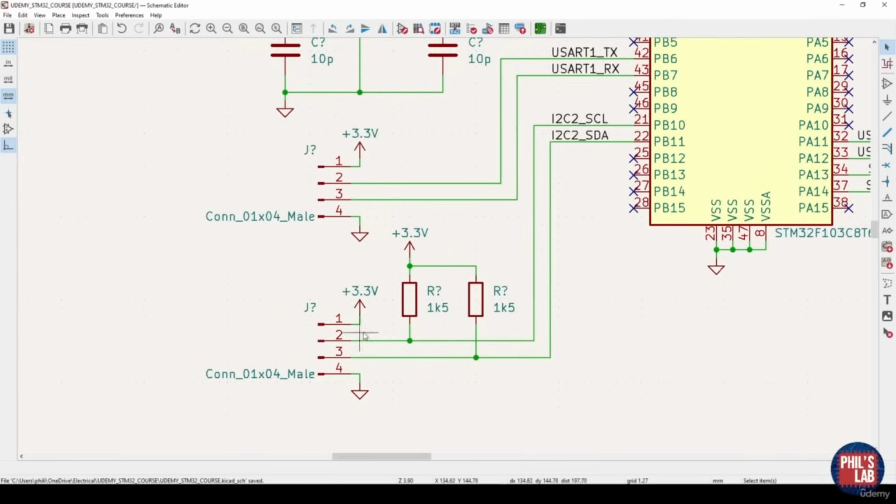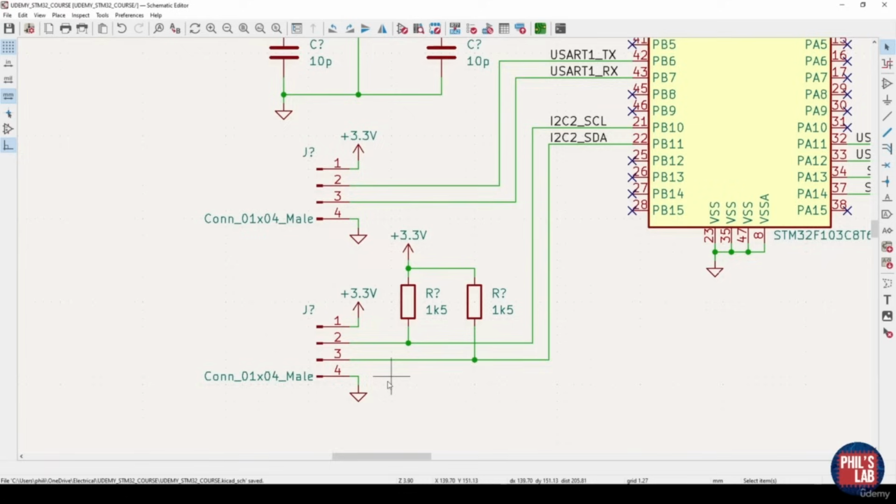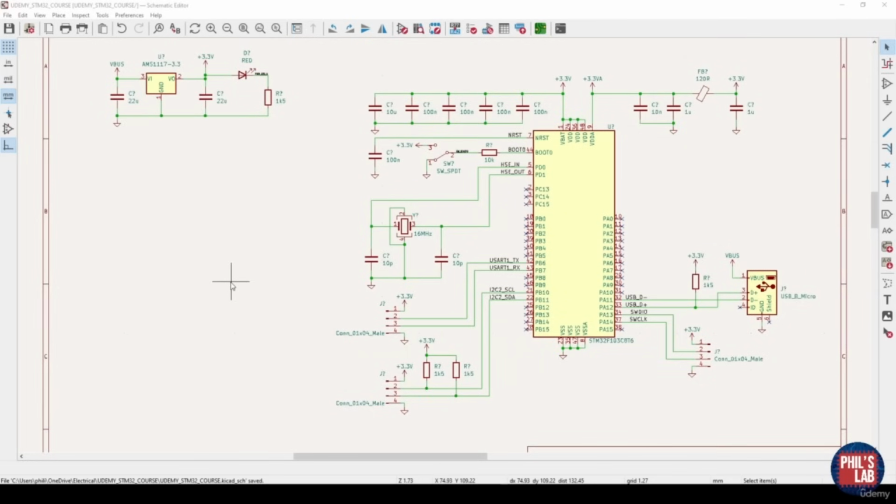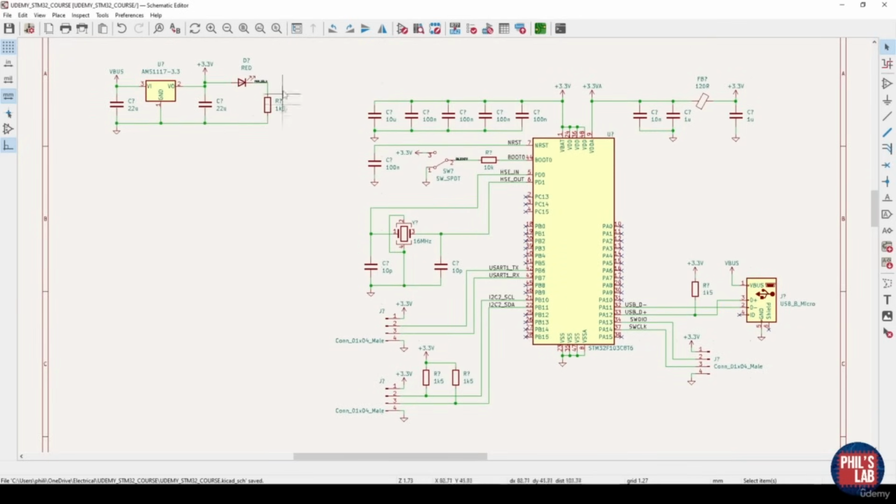And on my connector, which is a male connector, I have 3.3 volts and ground. Typically for every signal pin you want at least one ground or at least one reference, but for these very simple designs, this will do. Okay, and that is pretty much all we need for this very simple STM32-based schematic. We have all the decoupling capacitors, all the various configuration pins, a high-speed external crystal, some connections broken out, USB with the required pull-up resistor, and we have our linear regulator to give us our 3.3 volt supply,